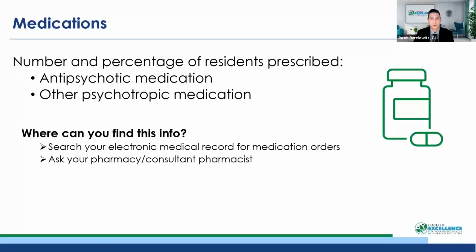You can pull it from your electronic medical records. You might be able to do an order search where you search for anyone with an order for XYZ medication, and you can put together a short list of medications and check that. Or your consultant pharmacist or your pharmacy may already be giving you a report on antipsychotics. I know, as an administrator, I would get those reports on a monthly basis and take a look at them and really have a picture of the antipsychotic usage.